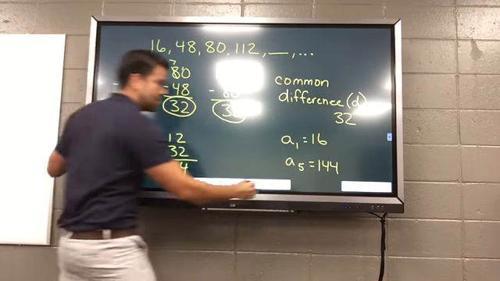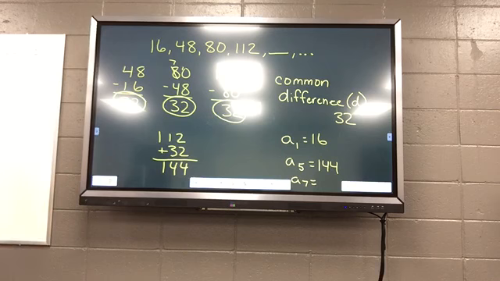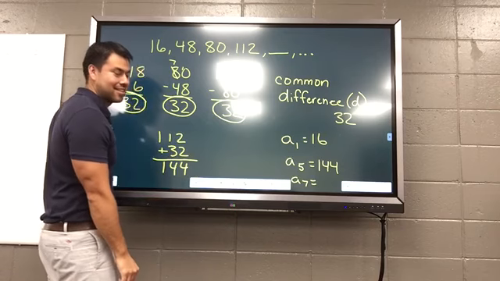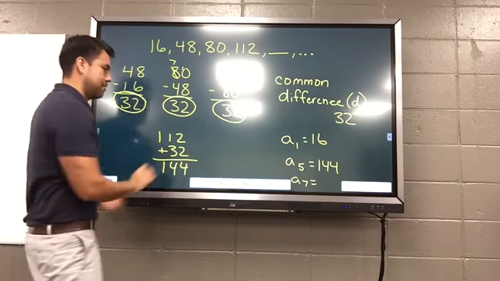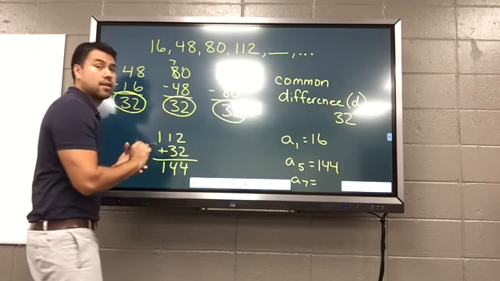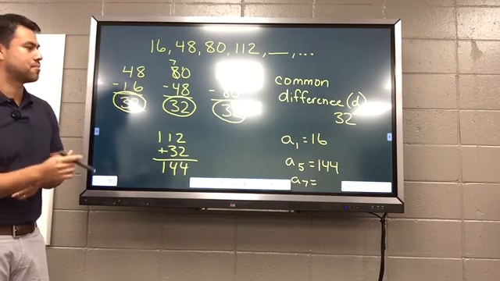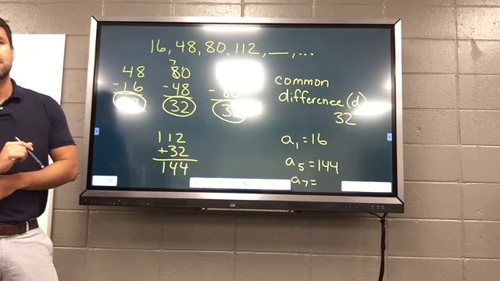Can anyone give me the seventh term? You may begin. Are you guessing? 308? It's 208. Okay, how did you get it? Well, either you can just do the hard way and add 32 twice, or you can say that you're trying to get 2 terms more than the fifth, so you can multiply 32 times 2 and add that.